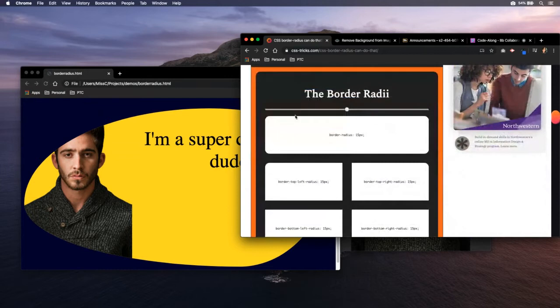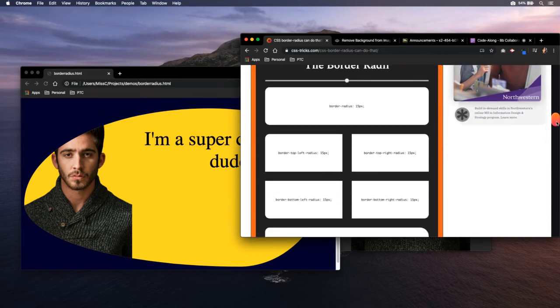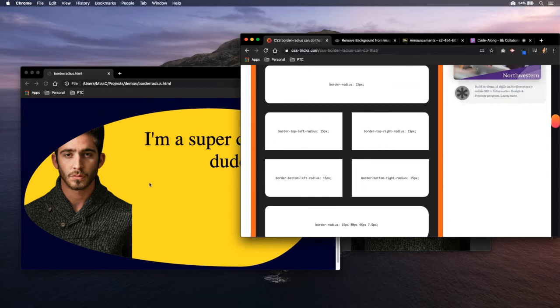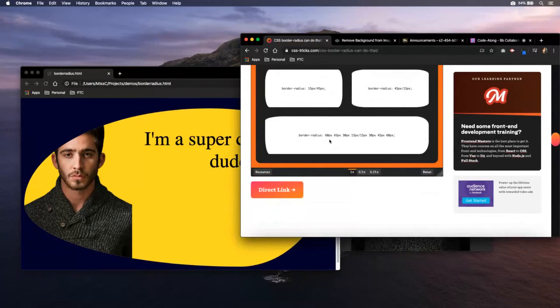So typically you're used to something like this: I'm going to put 1 value in for my border radius, and that's going to round all my corners. And that's fine. But if you want to make some really cool buttons, some really cool effects and shapes, then the trick is putting in 8 values and then just putting a slash. And they do a really good job